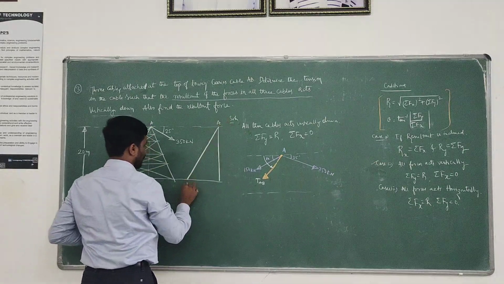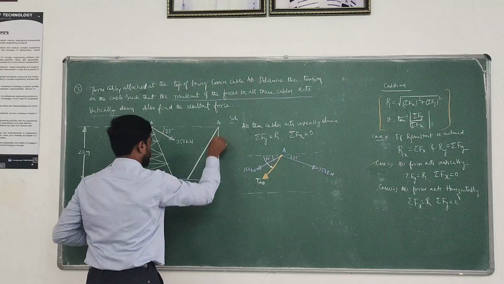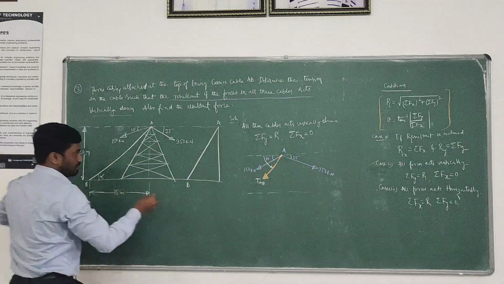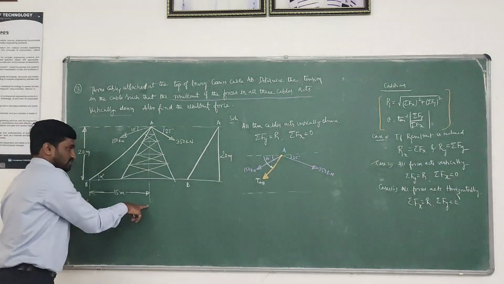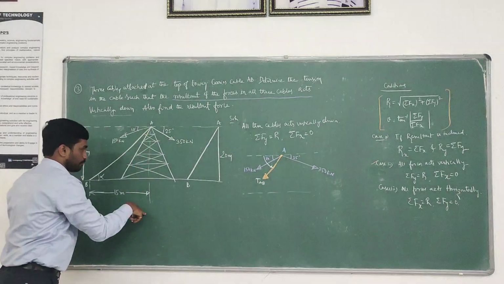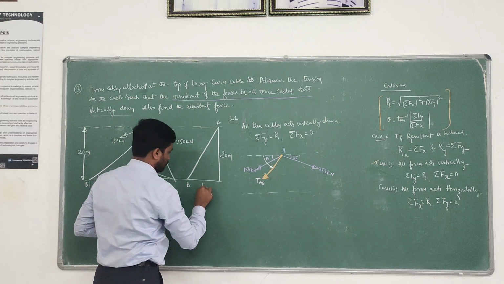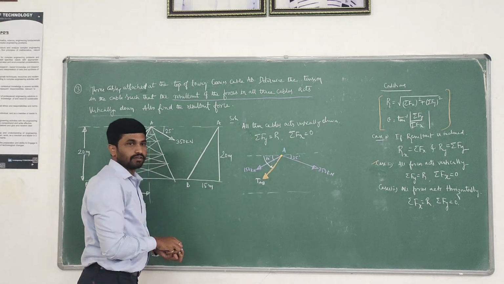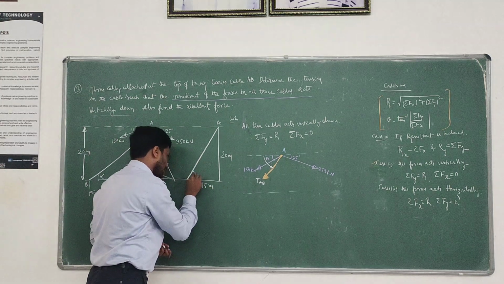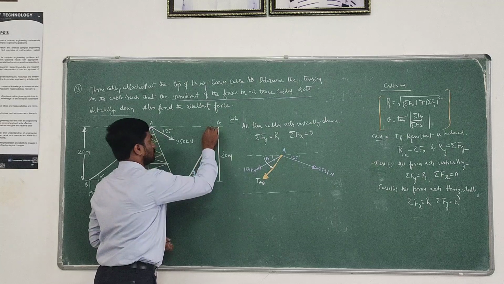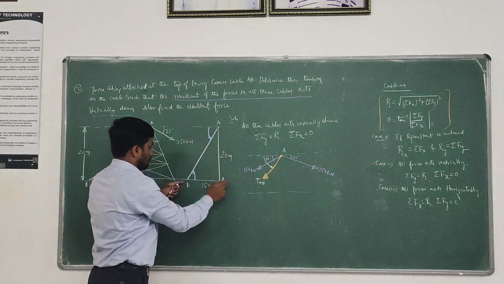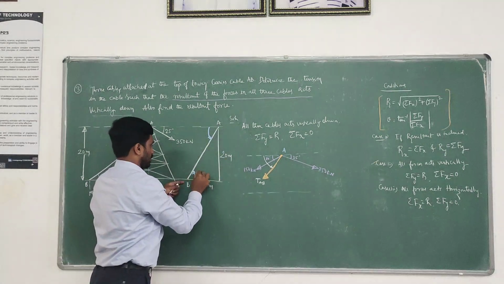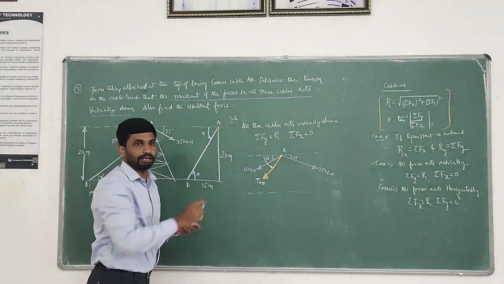This is the cable AB and this is the triangle. This height is known. How much? 20 meters. Height is given as 20 meters. What is this distance from B to the center of the part? 15 meters. From this triangle, compute this angle. If this is theta, this value is also theta.